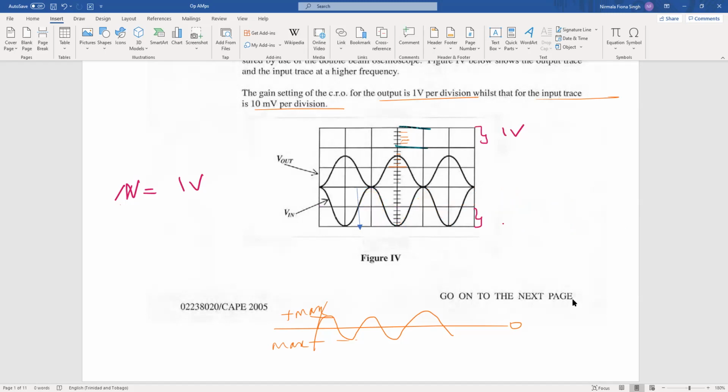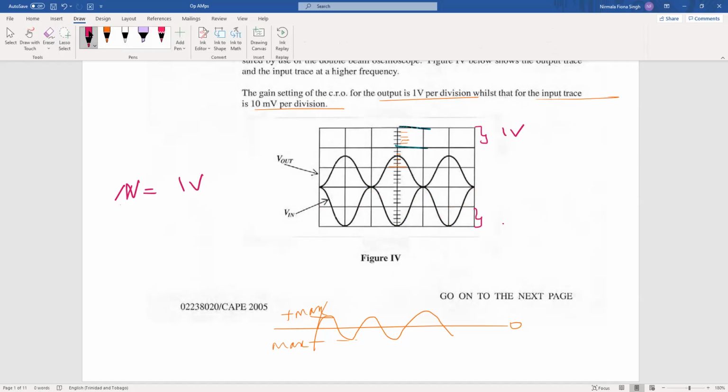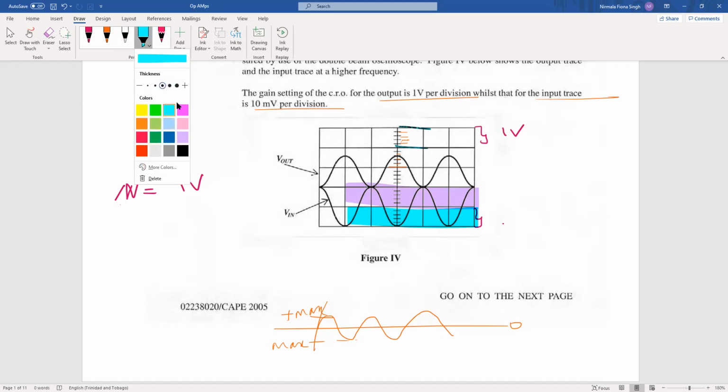All right, so let's try this now. You can see that our input, where's my pen? Pen disappeared, okay. My input would have been from here to here. This is my positive signal at the top, and my negative signal, when it rapidly reverses, is at the bottom. Similarly, my positive signal for my output would have been